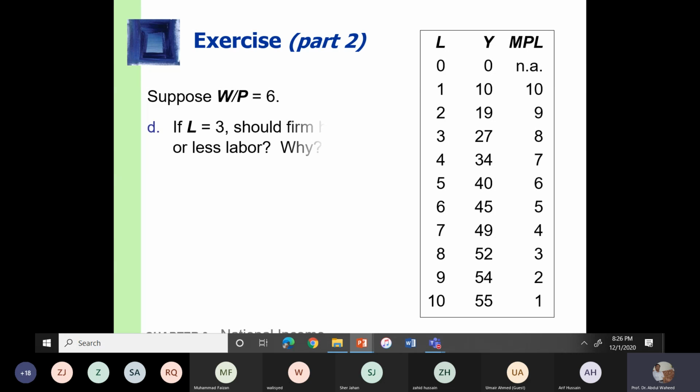अब आप देखें, इफ लेबर इज 3, इस वक्त आपकी फर्म में 3 लेबर हैं, आपने ज्वाइन किया एज ए मैनेजर, ये सिचुएशन है। तो एचआर मैनेजर के तौर पे आपका क्या डिसीजन होगा? यू विल हायर मोर वर्कर और लेस वर्कर? इस वक्त फर्म में 3 है, ये आपके पास चार्ट है, ये आपके पास वेजेस आप दे रहे हैं। यू विल हायर मोर वर्कर और लेस वर्कर? सर, मोर वर्कर्स।